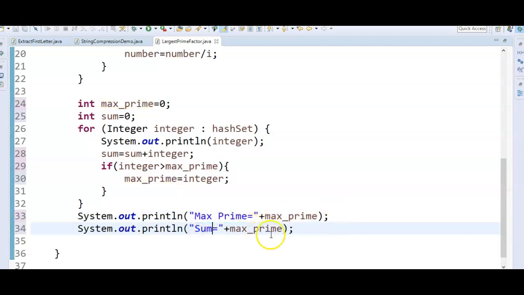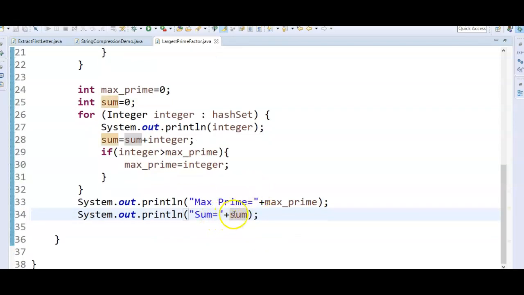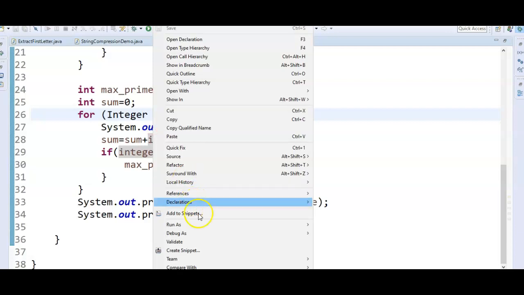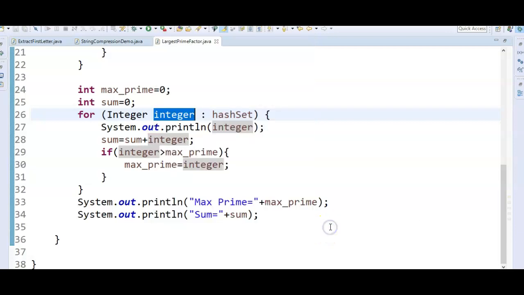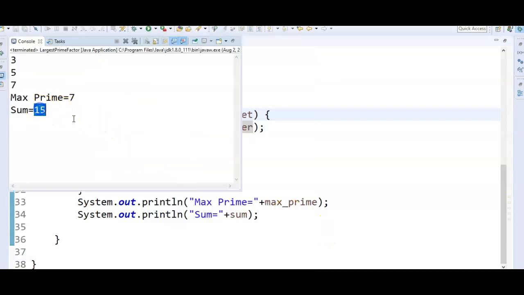So I'll keep on looping this hash set, and whenever I loop, I'll add this integer to this sum. First I will add 3, then in the next iteration I'll add 5, and then I'll add 7. So finally I'll get the output. Let's run the program and see the output. So if you see, sum is 15.